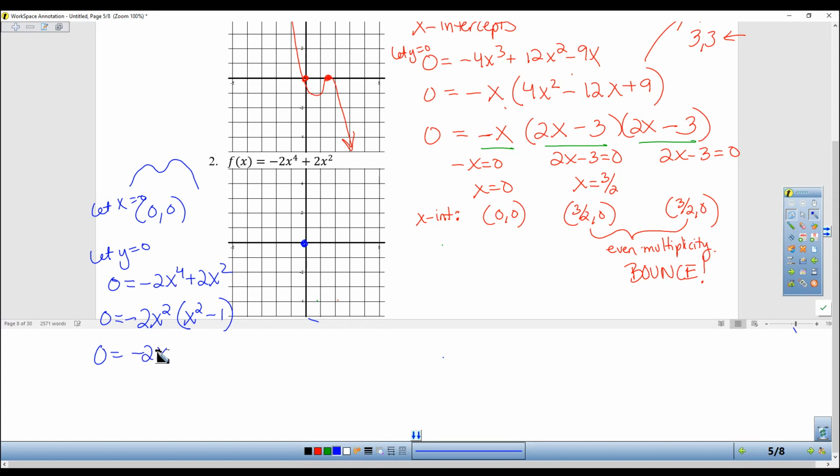I can factor a little bit more. x plus 1, x minus 1. So what would make this equal to 0? If x was 0, that would make this 0. If x was negative 1, that would make this factor 0, which would make the whole thing 0. And if x was 1, that would make this factor 0, which would make the whole thing 0. So I have found